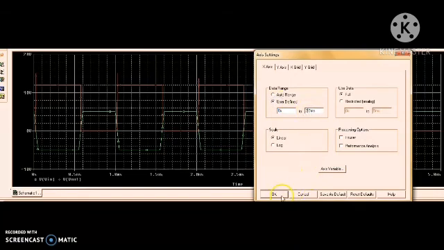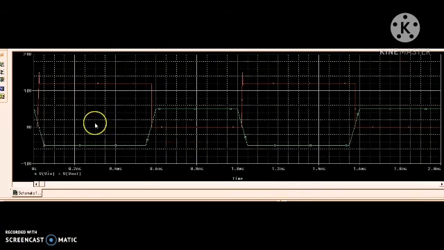I'm fixing it. Click OK. Now you can see 2 cycles. You can clearly see the 2 waveforms, input and output voltage waveforms. And I hope you can relate these waveforms which you have obtained after this experimentation with the theoretical waveforms. Okay, thank you.